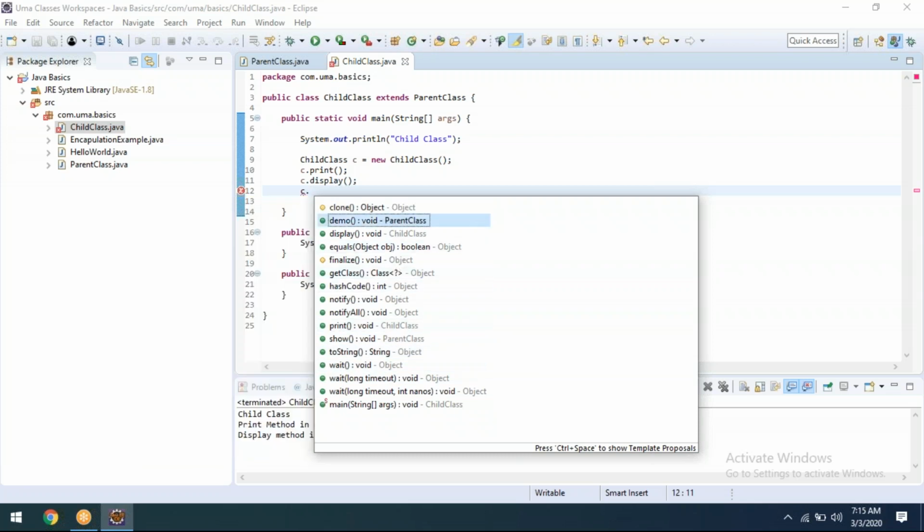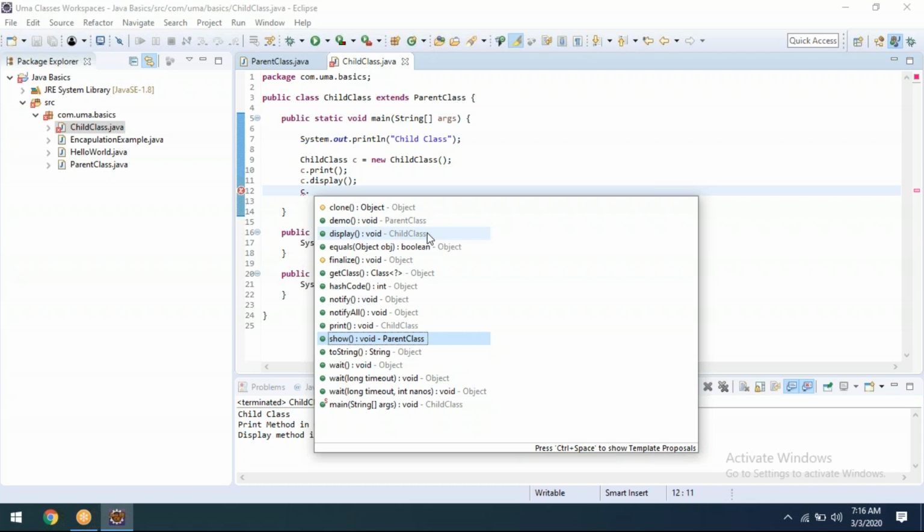Are you getting my point? How will we know whether this method belongs to the parent, this method belongs to the child, and this method belongs to the Object class? If you observe here, this is the Object class, this is the parent class, this is the child class.